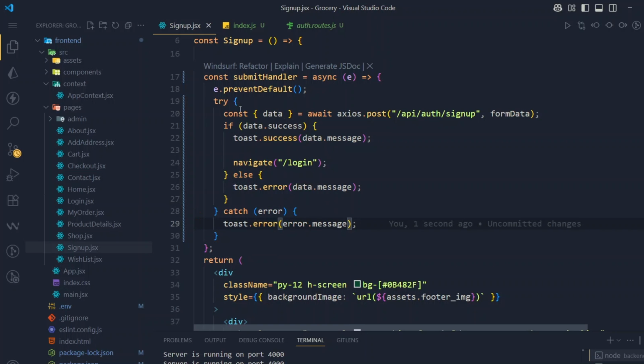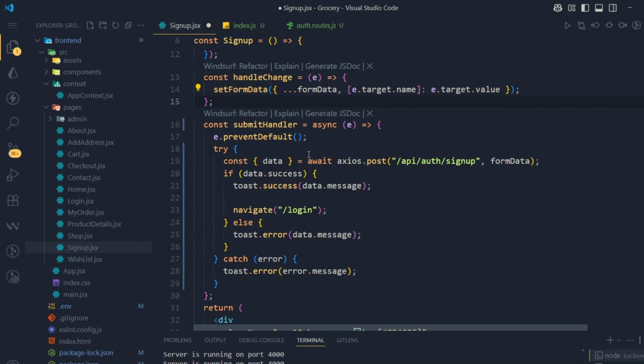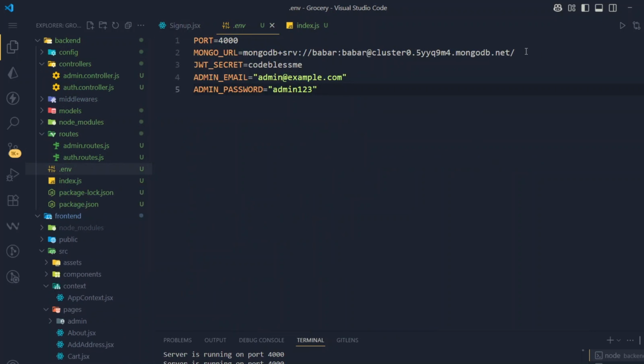Okay, this is done. Now what we need to do, we need to check this API, whether it is working or not. So let me check my database name. Inside this env we have database name, so we don't have any database name. So for that I will use a database name. Okay, we have defined our database name in our MongoDB Atlas, but again I will use grocery. Okay, let me save this, and I will just